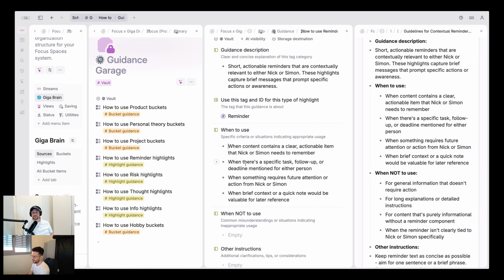Something like even Tina was quite fun. You can even use Charlie. Not for us, because we might be referencing Charlie a lot in our conversations. So we need another persona. How about Jack? That could work. Okay, Jack. When content contains a clear, actionable item that Nick or Simon needs to remember,